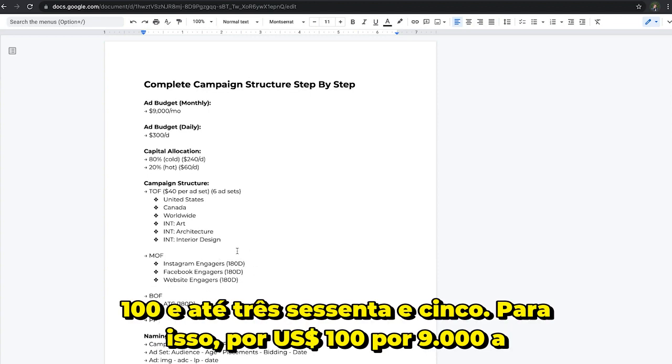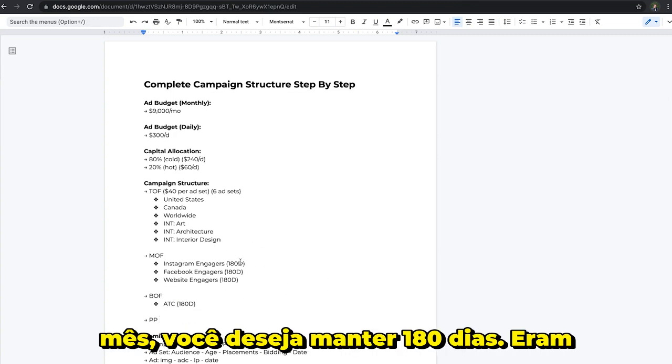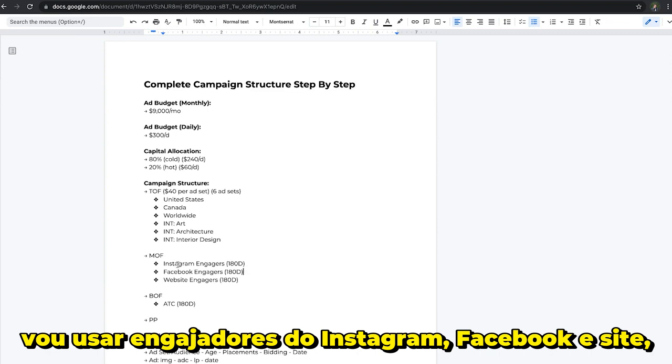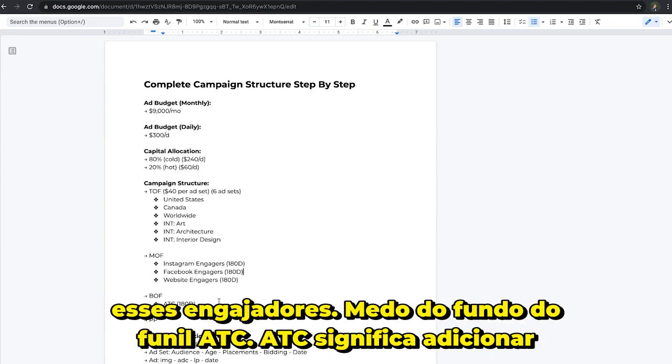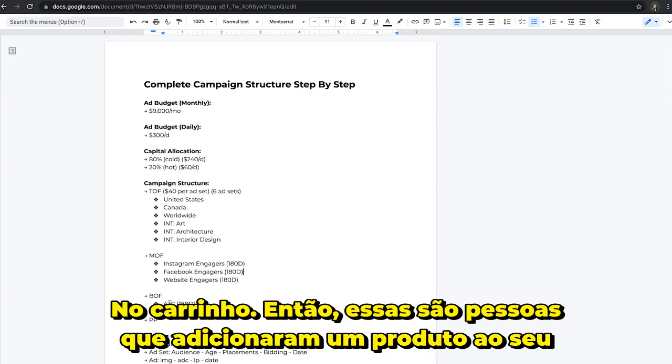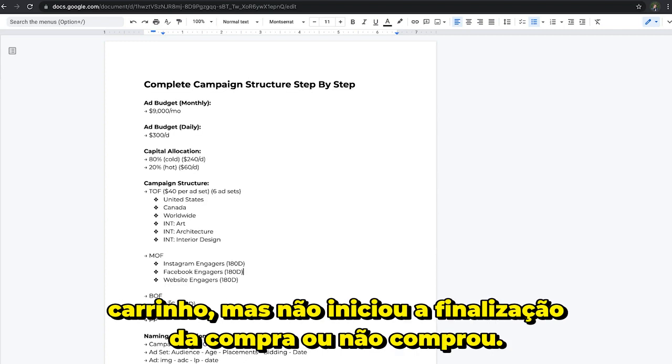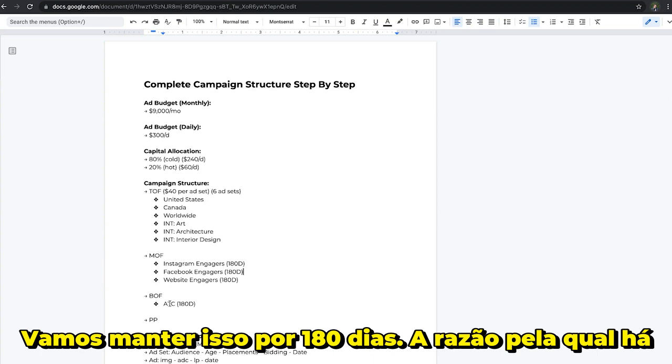For $9,000 a month, you want to stick to 180 days. We're going to use Instagram engagers, Facebook, and website engagers. For your bottom of funnel, ATC. ATC stands for add to cart. So those are people who added a product to their cart but did not initiate checkout or did not purchase. We're going to keep that 180 days.